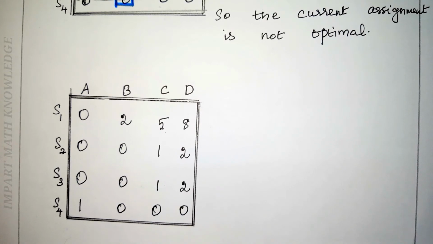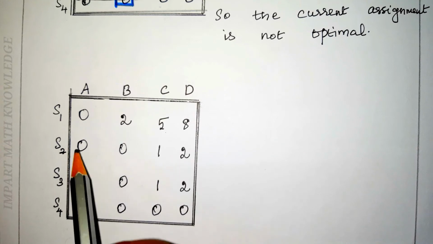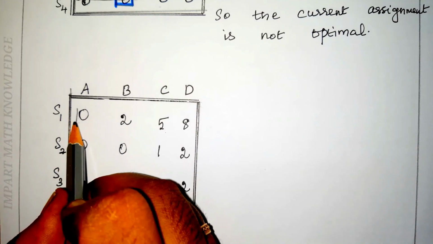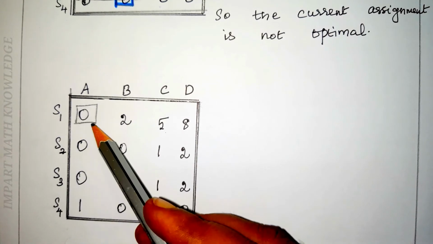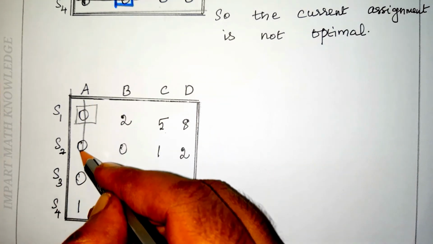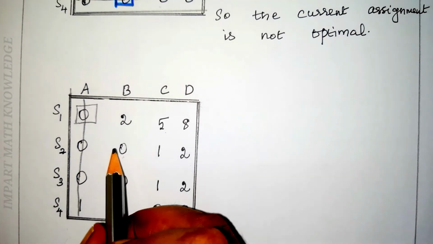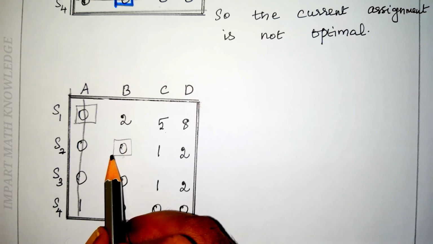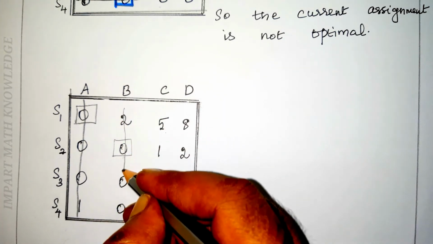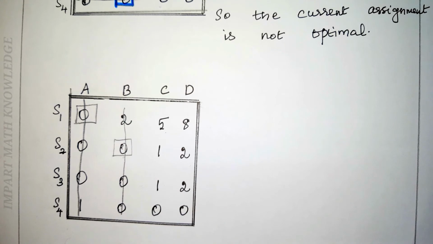We have to find the assignment using the same procedure. We need to apply row scanning first. In the first row, we have only one 0, so you put a square on it. Once you mark, you have to draw a vertical line passing through that 0. The second row, we have one 0, so you put a square mark on it and you have to draw a vertical line passing through that 0. Third row, no 0, so leave it. Fourth row, you have two zeros, so you skip that row.